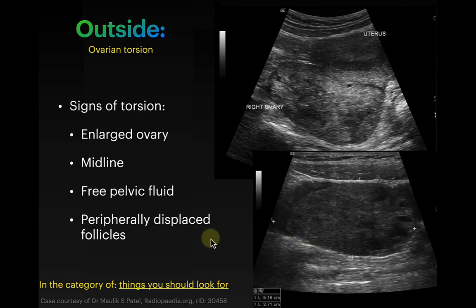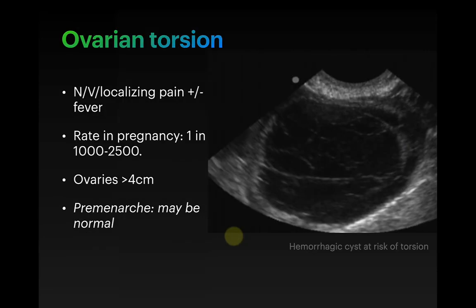And also, interestingly, you get these little peripherally displaced follicles. So all the follicles that were mixed up in that ovary are all pushed over to one side. The other thing that can happen is that the ovary can be midline. So if you're ultrasounding a person who has acute onset of abdominal pain, nausea and vomiting, that's kind of high